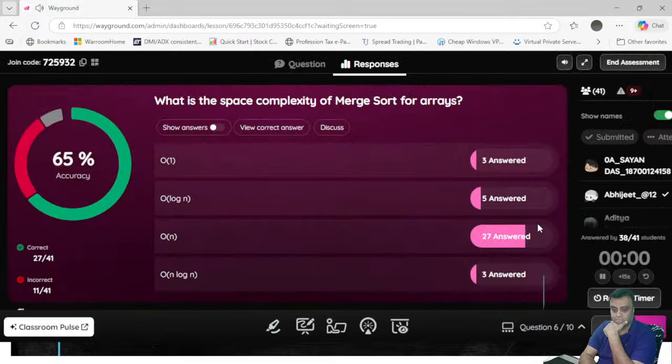Okay, leaderboard doesn't change. Space complexity is n for a merge sort, because here we are talking space, we are not talking the levels. So log n cannot be the answer. Log n is only useful for time, not for space, right? And order of 1, whoever answered order of n log n, I'm going to take that as redundant answers. Order of n, because I'm defining a temp array, and that is giving me my n. The rest doesn't matter.